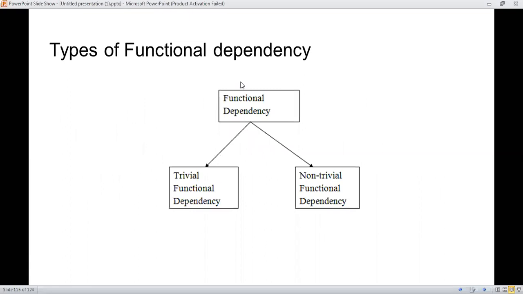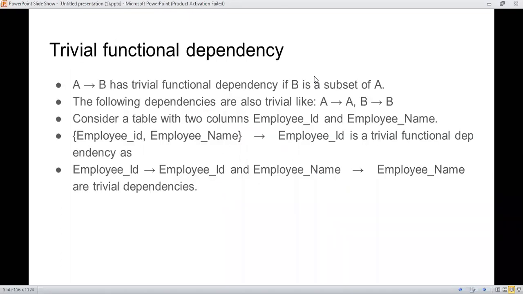The next point: there are two types of functional dependency, trivial functional dependency and non-trivial functional dependency. First, trivial functional dependency.